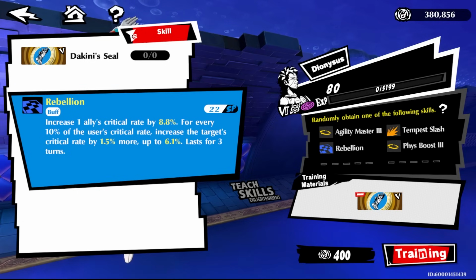But that isn't the maximum amount that this can be. Rebellion, once of course you have Wonder's absolute passives up here, can go to a whopping 9.3% plus 1.6% crit rate for every 10% crit rate Wonder has. And then instead of going up to 6.1% in total, it can go up to 6.4% for that 3-turn value. Meaning you're going to get a lot more crit rate out of this,